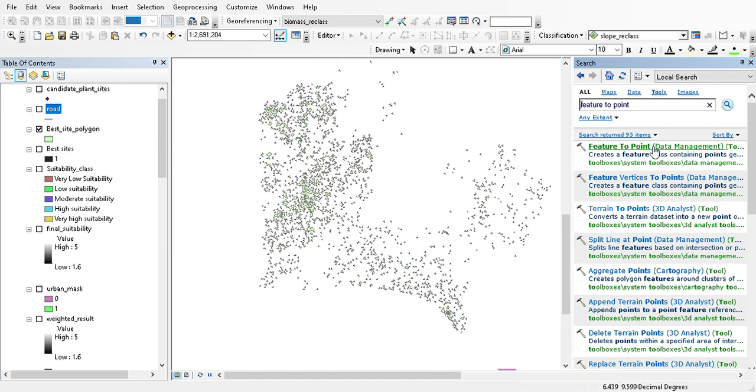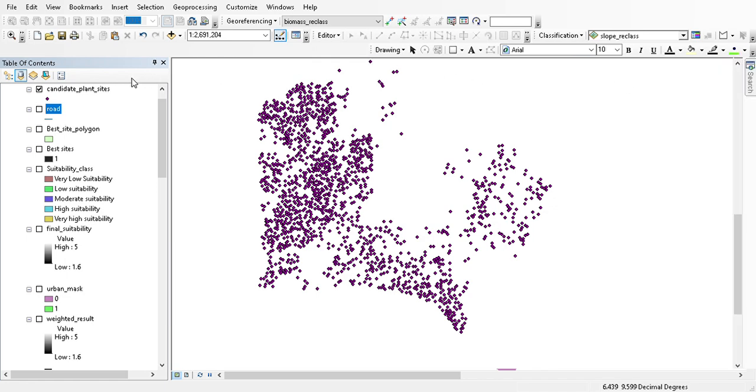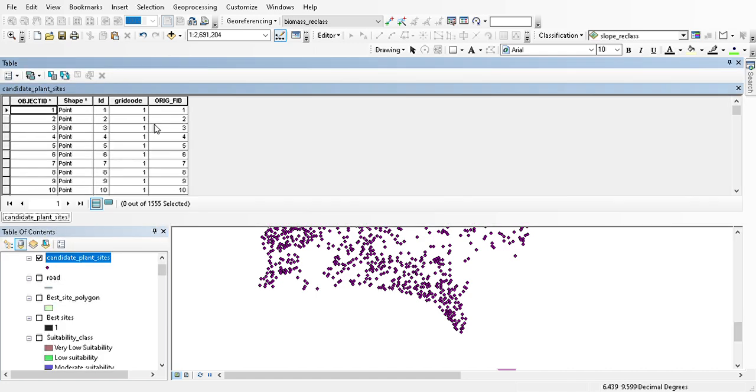So feature to points, you just select best sites polygon and click run. It gives us this file. These are plausible locations where we can site biomass plants in the southwest. How many are there? There are